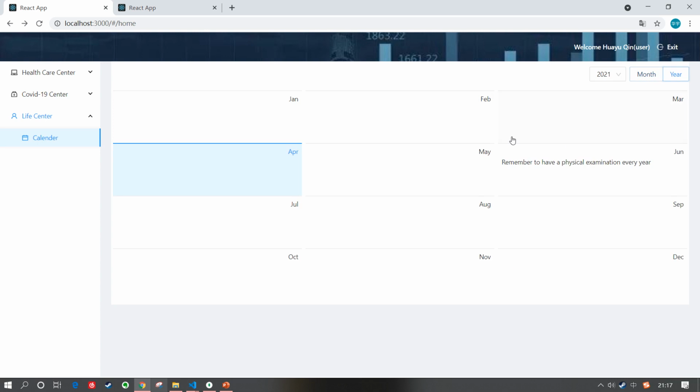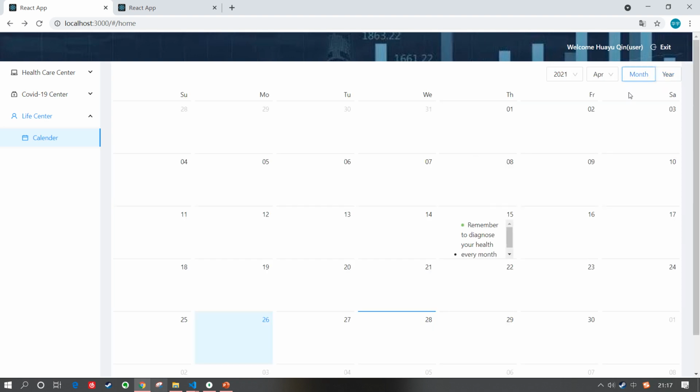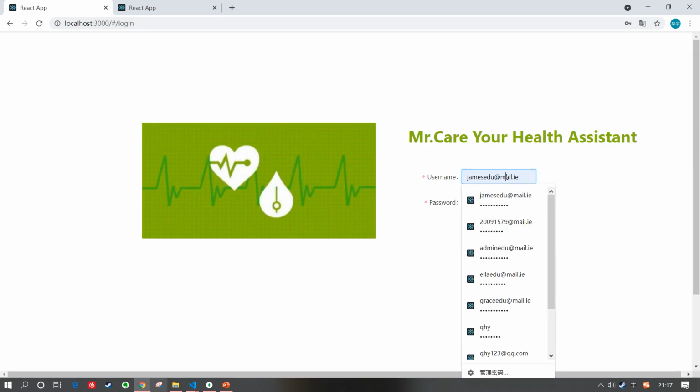And you can see the year reminder. This also makes some reminders to the user, and this is the user page, and I want to exit and show you the